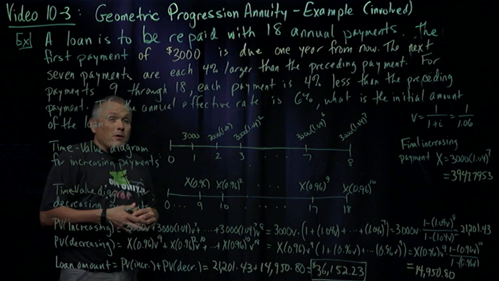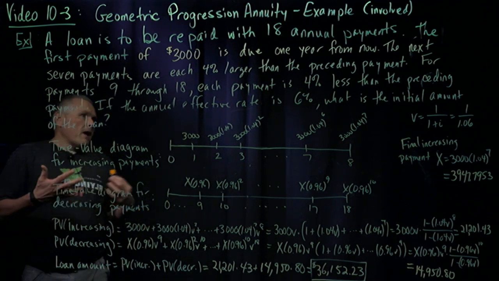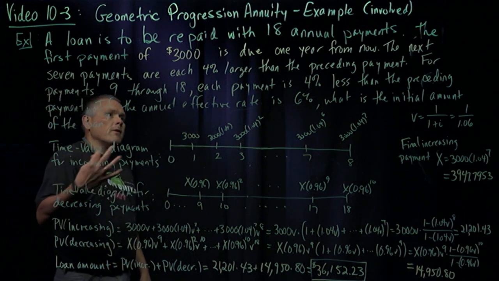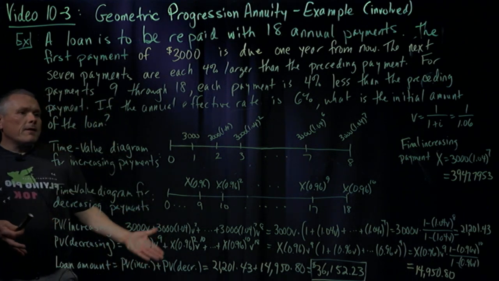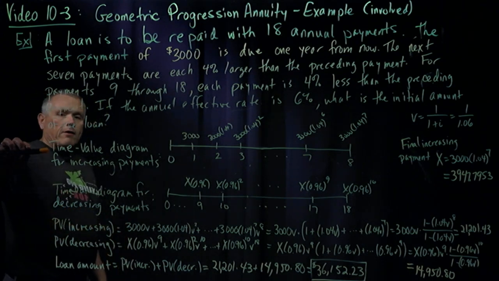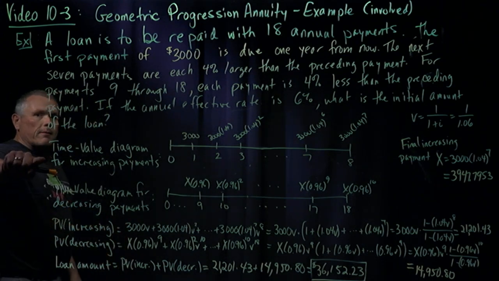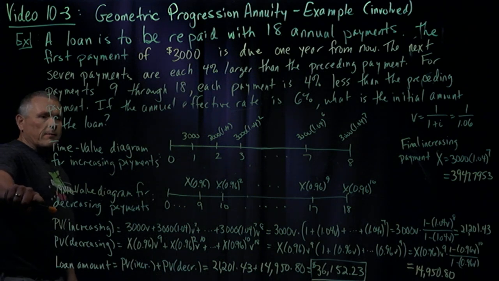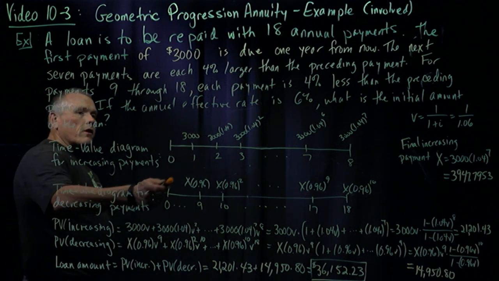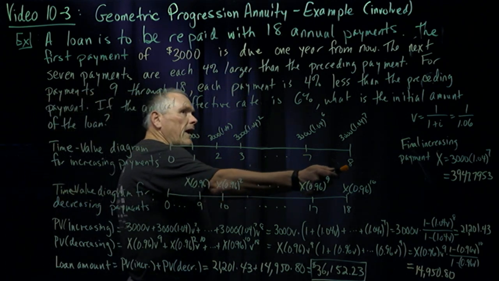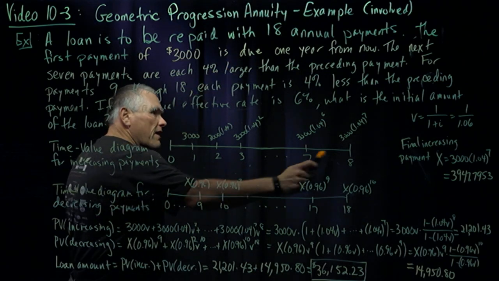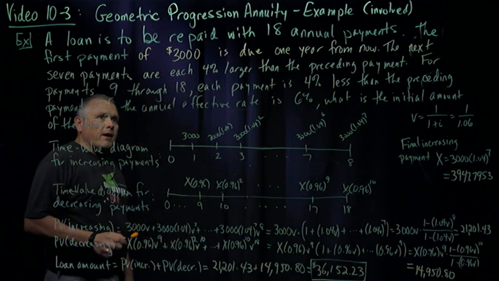So basically here we're looking for a present value, and I think we should probably think about it as 2 different streams. First doing an increasing stream and then a decreasing stream, and then move everything back to time 0. So I've got 2 time value diagrams here, one for increasing payments and one for decreasing payments. So the increasing payments go from time 1 up to time 8, because they tell us the first one is due 1 year from now, and then we have 7 more payments, each of which increases by a factor of